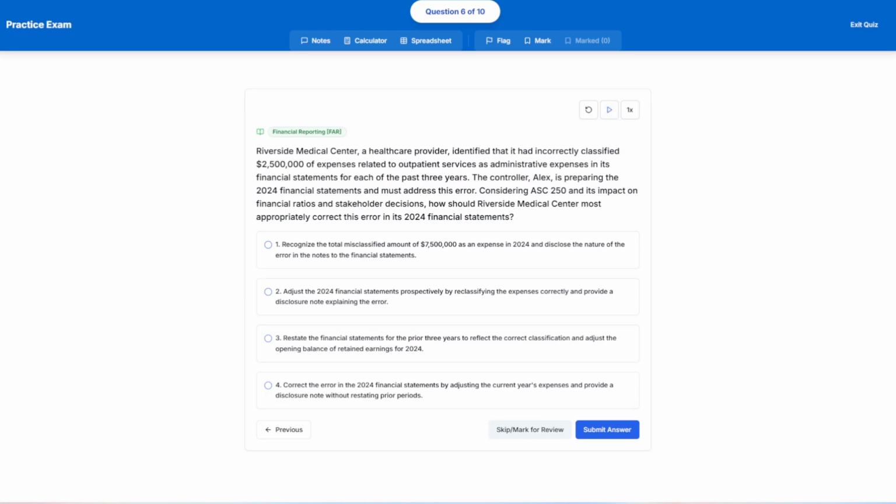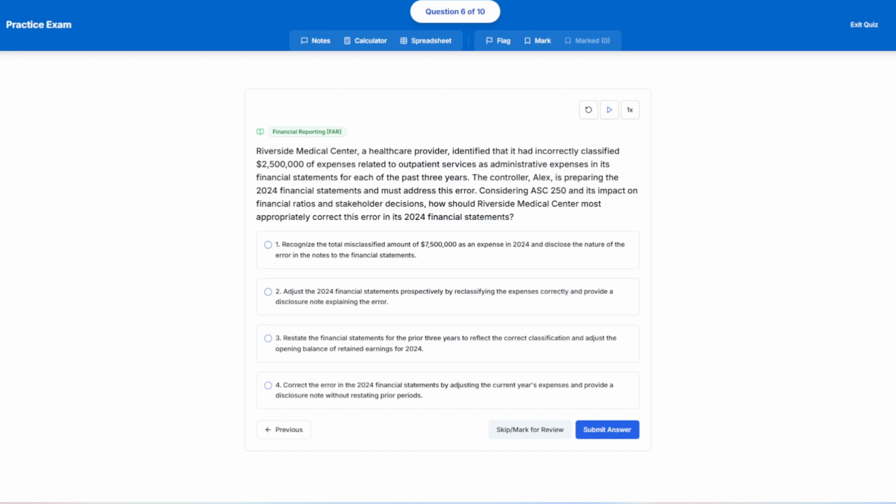Okay, so this question is focused on error correction in financial statements according to ASC 250. The core concept here is how to properly correct an error from prior periods in a way that provides accurate information to stakeholders. This is a crucial part of financial reporting, as it ensures that all financial statements accurately reflect the company's financial position. ASC 250 requires that when an error is identified in prior period financial statements, the entity